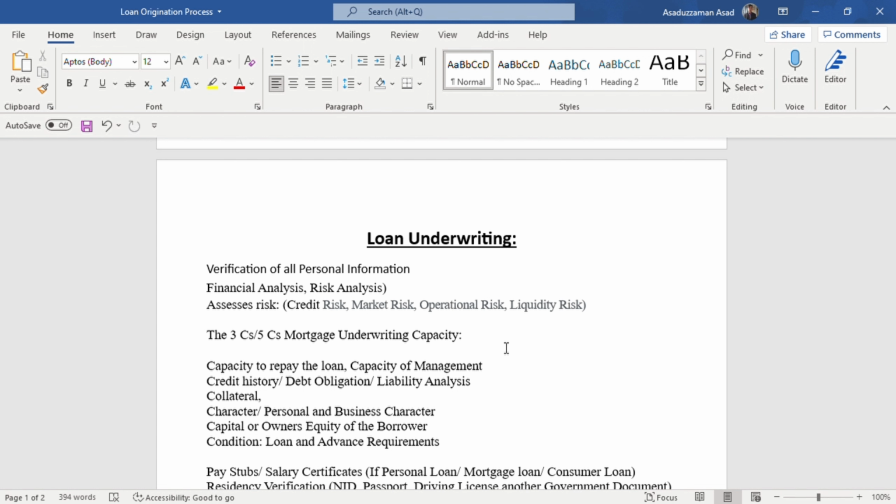The management capacity. If the borrower has an organization or a business, the underwriter will analyze whether the employment of the organization is capable or not. The underwriter will analyze the whole capacity to repay the loan including interest with other government charges,